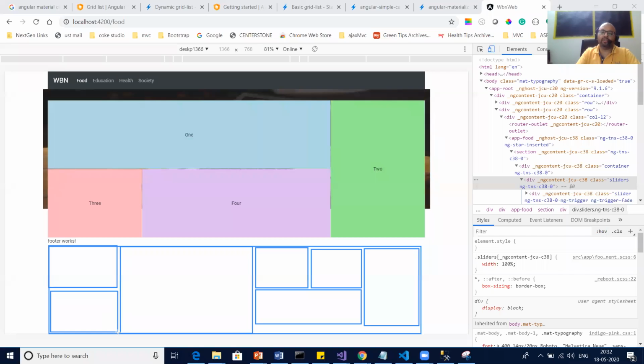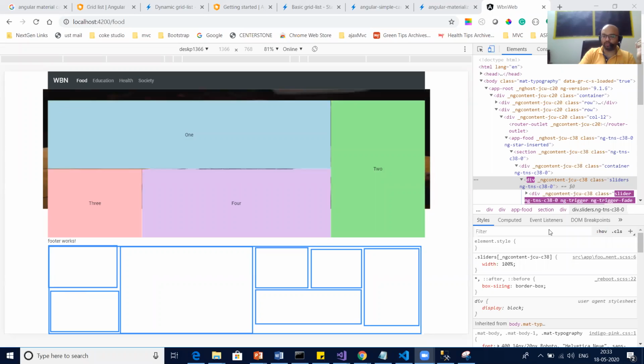Karim, start thinking. What should be the case? First tile: one column, one row. Then second tile: two column and two row.